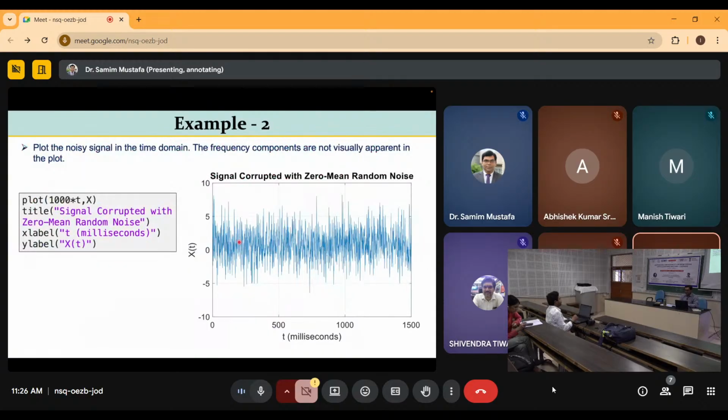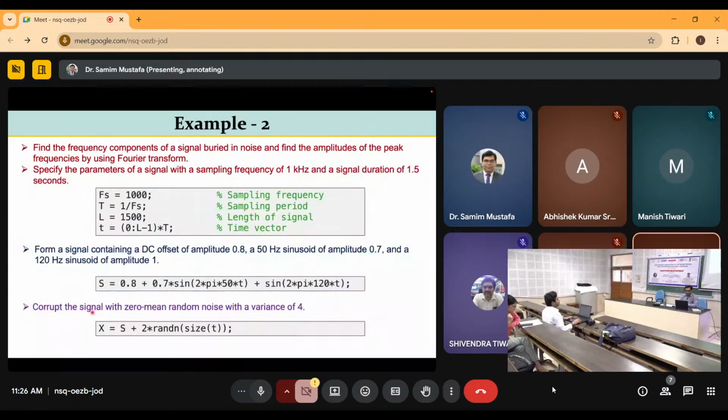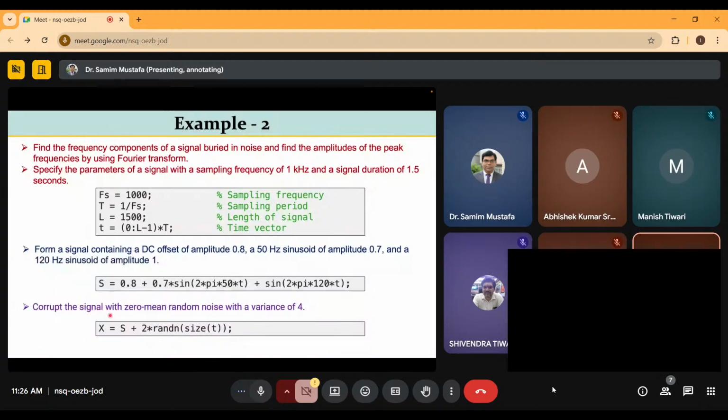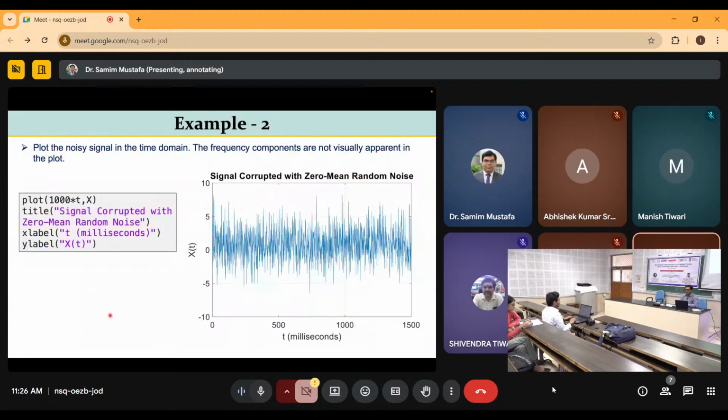Now we plot this. So once you plot this signal, you will get this time series data. Are you getting exactly the same time series data? If you want to get exactly the same time series, use rng default, because otherwise every time you run, new data will be generated. So to have repeatable data, or to repeat the same result, you have to call rng(1) or rng default. Okay,